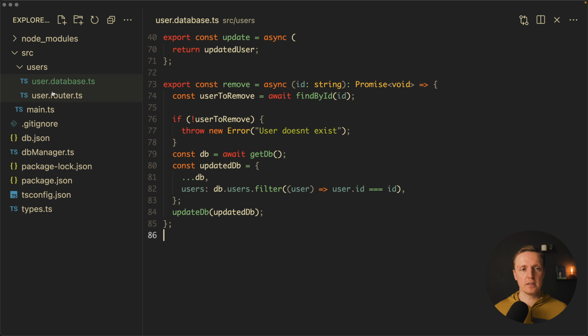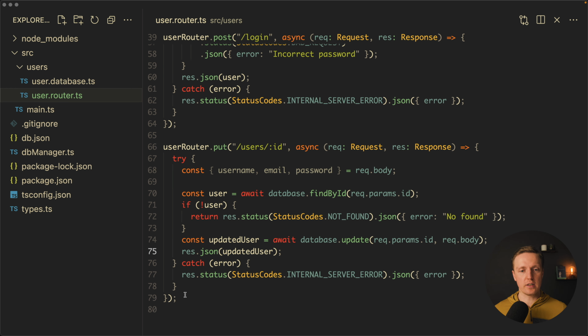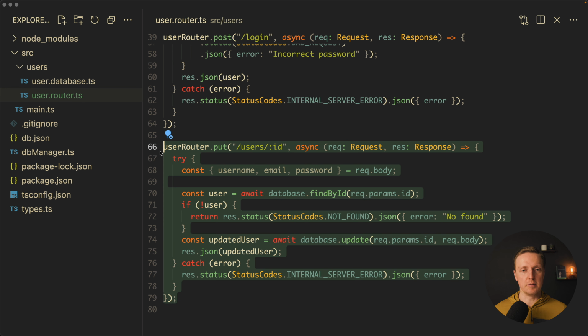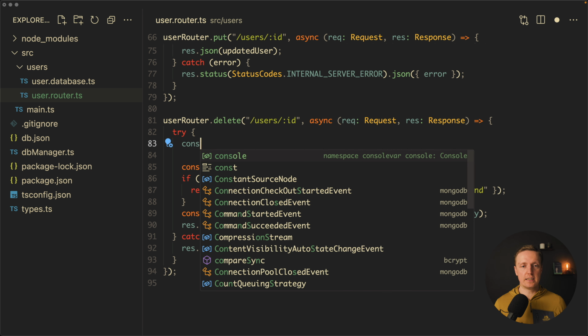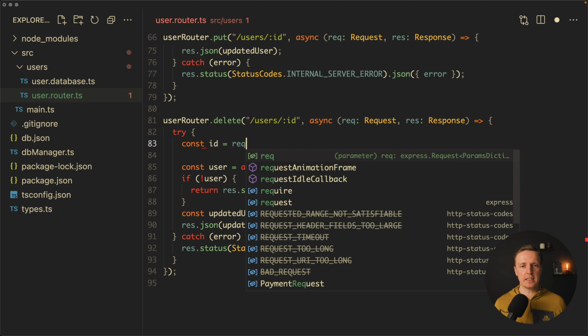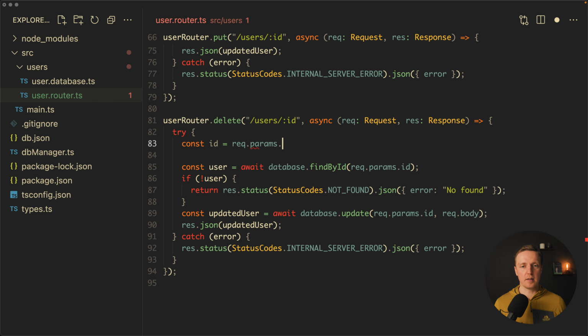Our database method is fully ready, so let's jump to the router and copy-paste our put. So it will be not put but delete method on /user/:id, and here what we want to get is just an ID from params. So let's read an ID from request.params.id, and now what we want to do is find our user. This is why here inside we can provide a user, and this is a user that we want to remove, and again we are checking if the user is not found, we are throwing an error,